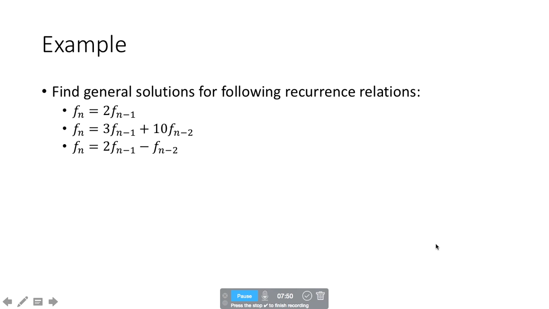So let's see examples. To find a general solution of the following recurrence relations, the first one is Fn equals 2 Fn minus 1, another is Fn equals 3 Fn minus 1 plus 10 Fn minus 2. The third example is Fn equals 2 Fn minus 1 minus Fn minus 2. Okay, now this first one is a first order